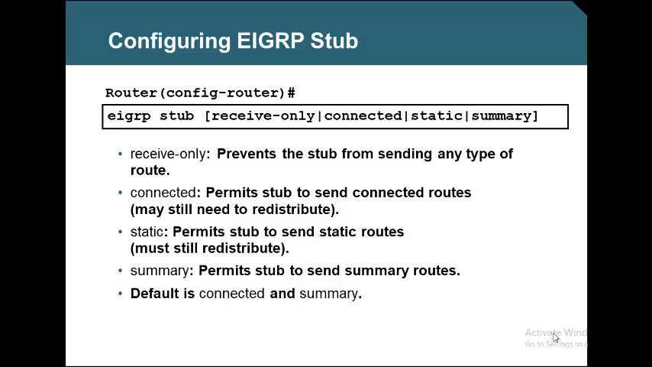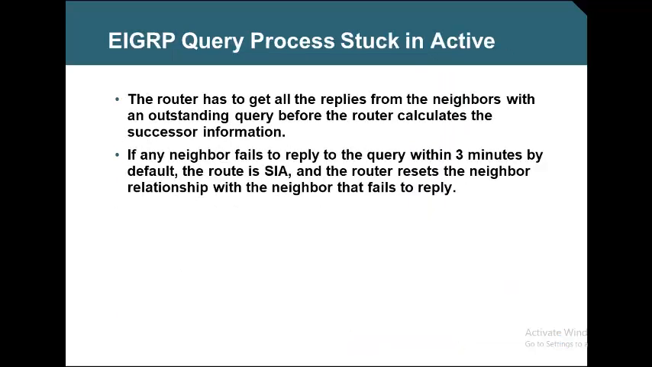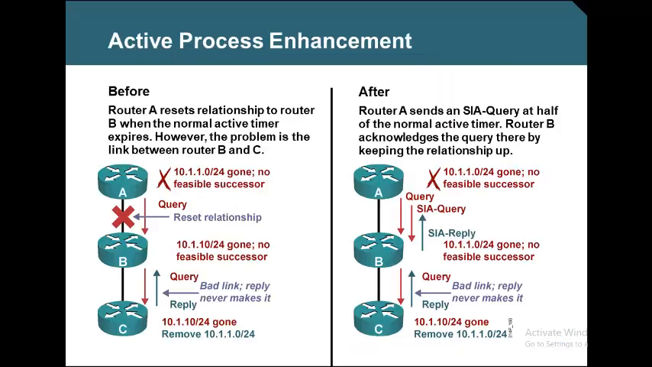Stub helps to prevent query and wait time. Query and response may sometimes take longer. That will put EIGRP in a stuck in active situation. Like this: when a query is sent and the response doesn't come on time, there is a reset of the relationship